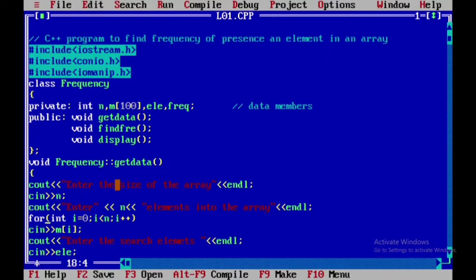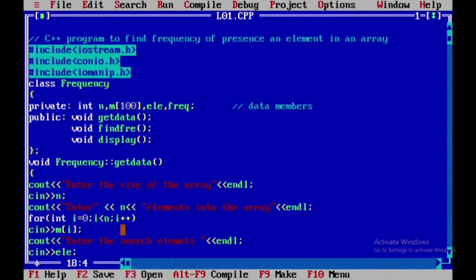If you use a variable without double quotes in a cout, it displays the value residing in that variable. For example, if I enclose this n within double quotes, it will appear on the screen as the letter n. If I am not specifying double quotes, it will display its value, whatever is given as the size of the array.